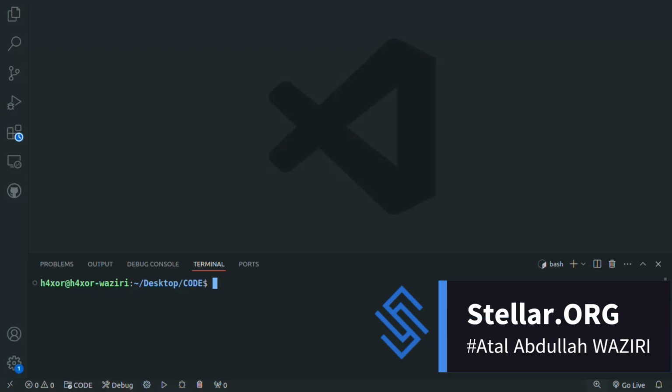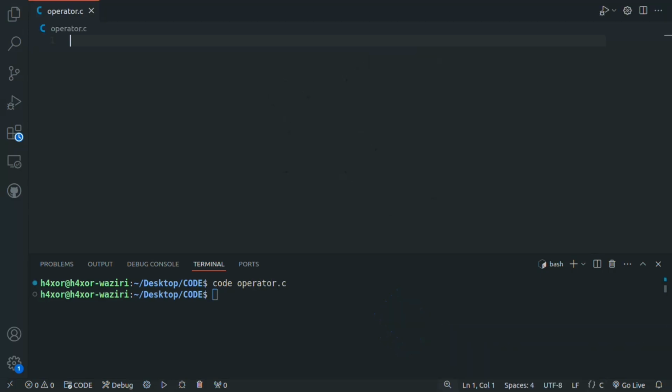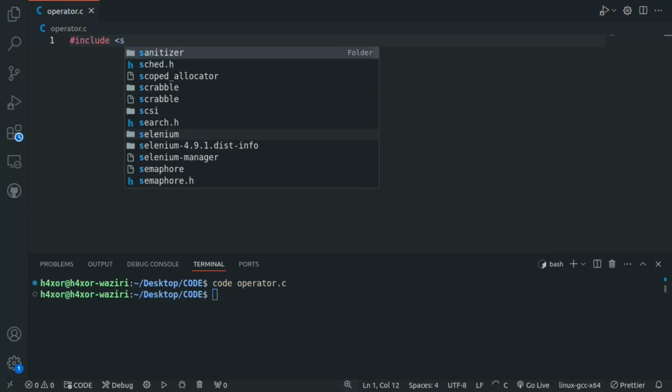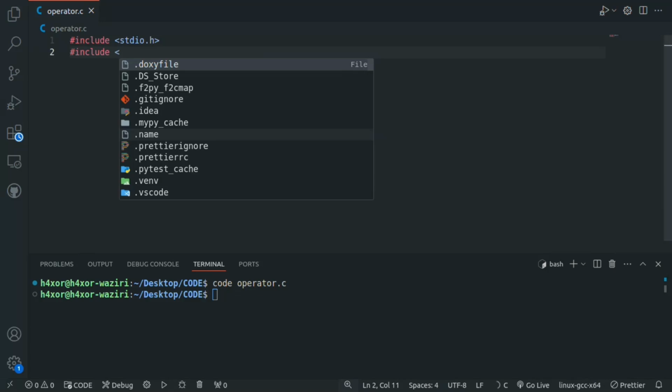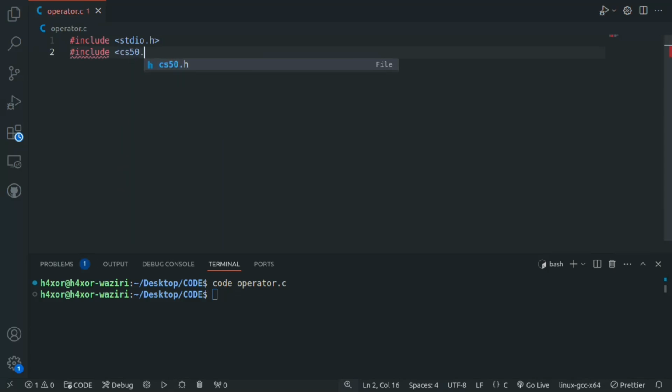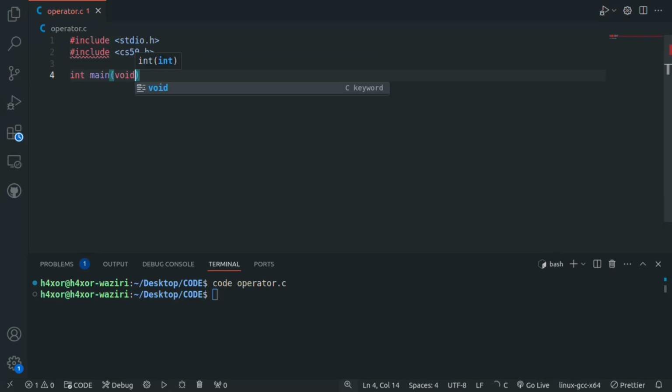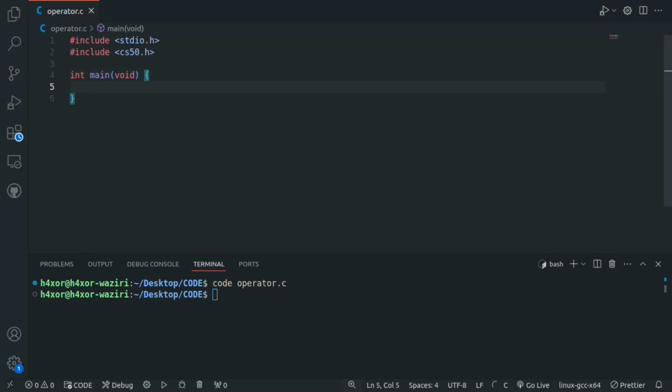I will open a file, code operator.c. Now I will use conditionals, logical operators, and comparison operators. #include <stdio.h>, then #include <cs50.h>, int main(void), and then inside curly braces,